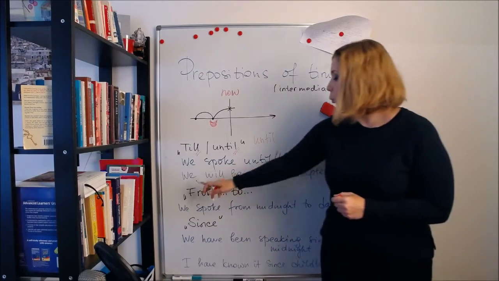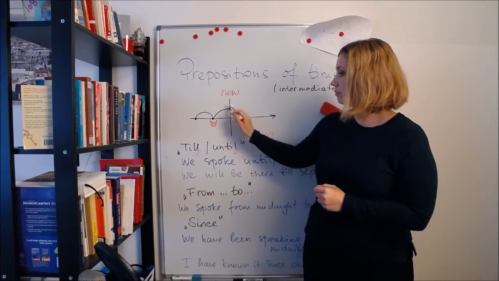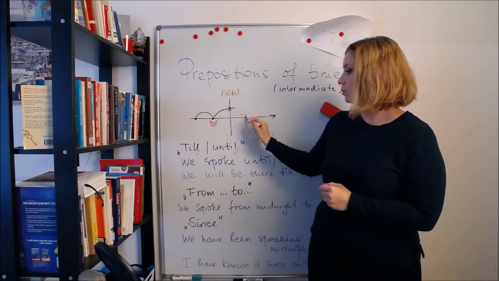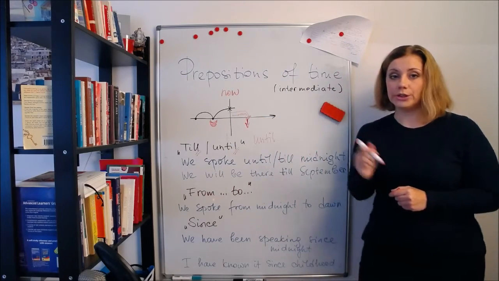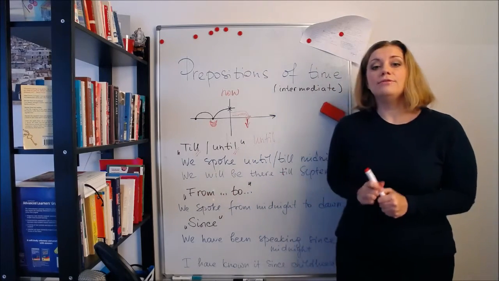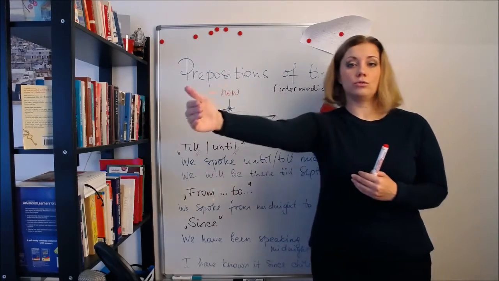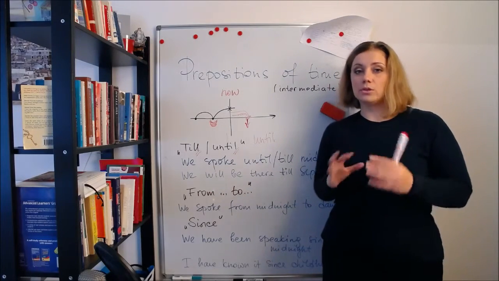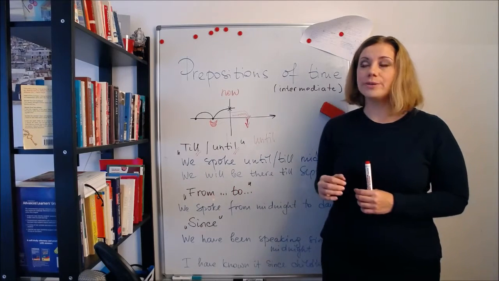So we will be there till September. So we are there, and the action will last for a while. And this is again the final point. Till and until show the final point. People often ask me if it's possible to say "to" in this meaning, because to usually shows the direction. As a time preposition, it will be understood, but it's not typical. So to usually shows the final